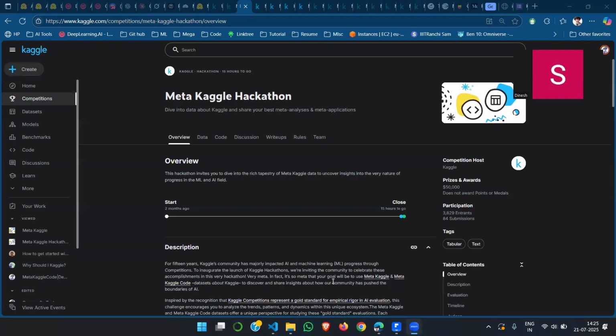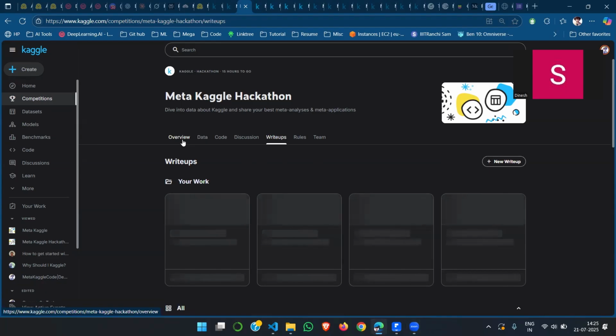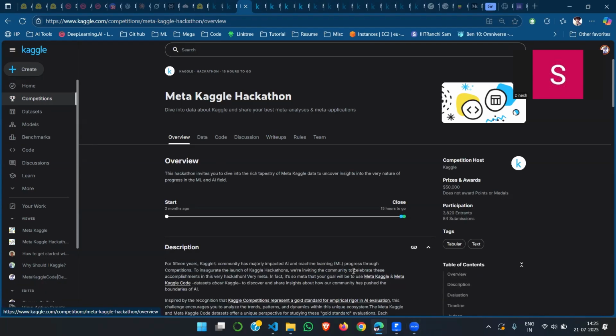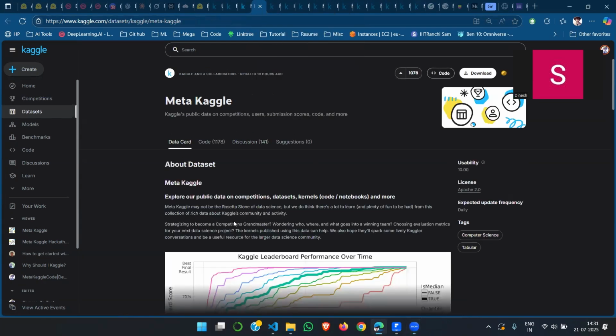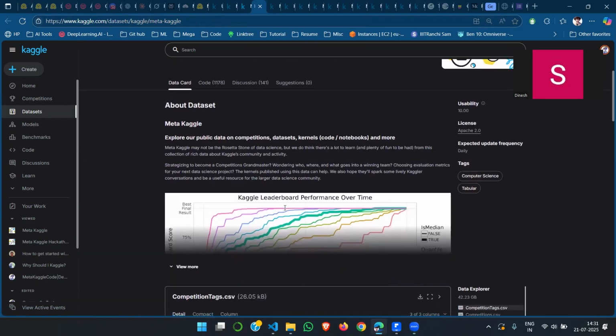For this hackathon, we have made 7 notebooks, 2 datasets, and 1 write-up and submitted in the writeups, which is available here. And now let me go through my 7 notebooks and datasets which I have submitted in this hackathon, in this project. First is MetaKaggle. It consists of